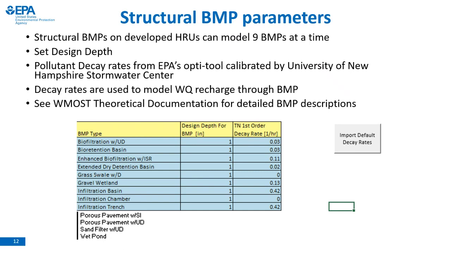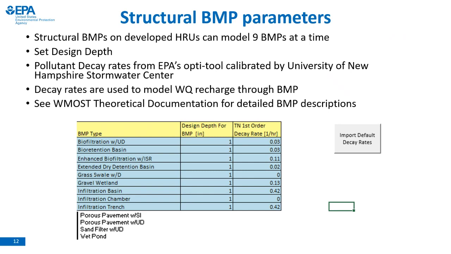This also has a column for you to add the design depth of interest, which you can usually get. They're usually state specifications in the state stormwater guidance manuals. And then finally, a column for decay rate, which describes the rate of loss of pollutants within the BMP. For example, for nitrogen, this could be through the process of denitrification, converting nitrate to nitrogen gas, which then escapes